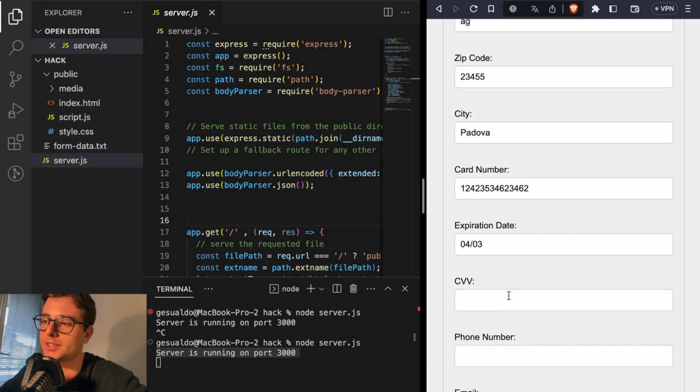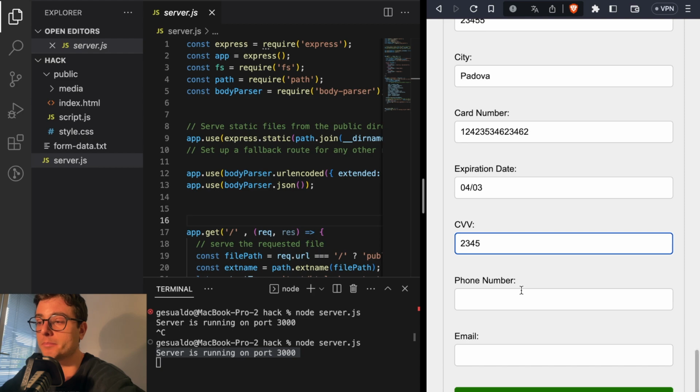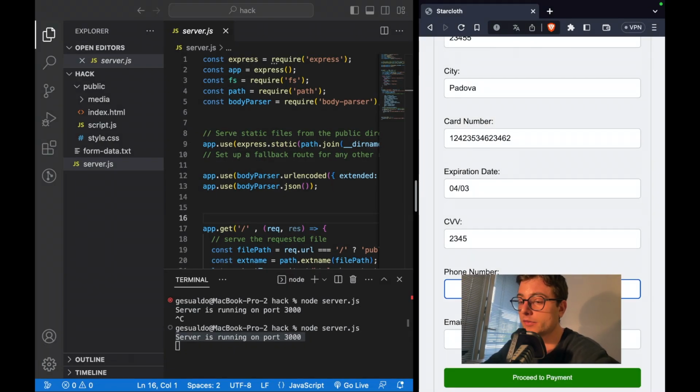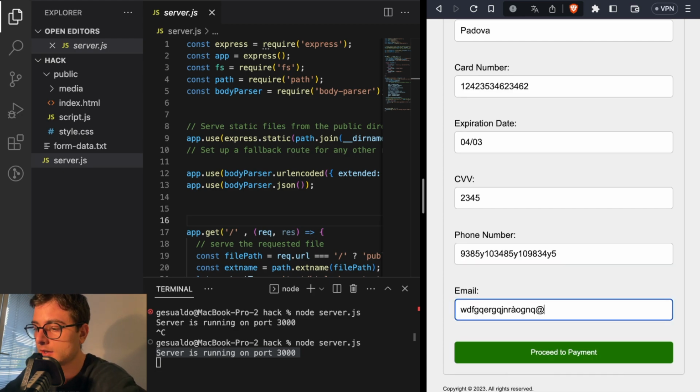With this information, I cannot steal money from you, only if you have activated two-factor authentication. That's very important. Always activate two-factor authentication so that when somebody is using your money, there is a double control, maybe a code sent to your mobile phone, and it is pretty safe. Even if the hacker has your information, they also need the code sent to your mobile phone, so it's pretty safe. Anyway, you are also inserting your information, your email,